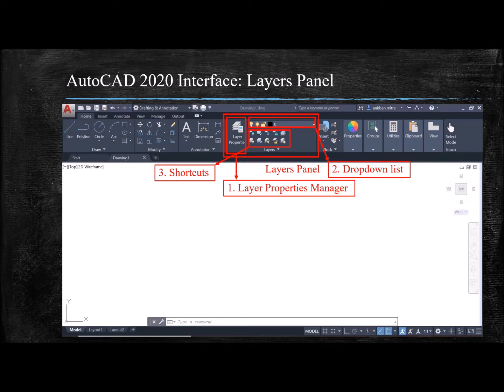However, the layer properties manager window can also be accessed from the command prompt by writing the command layer or the shortcut for that layer command, which is LA. Once this is typed out and we hit enter, then the layer properties manager window opens up.